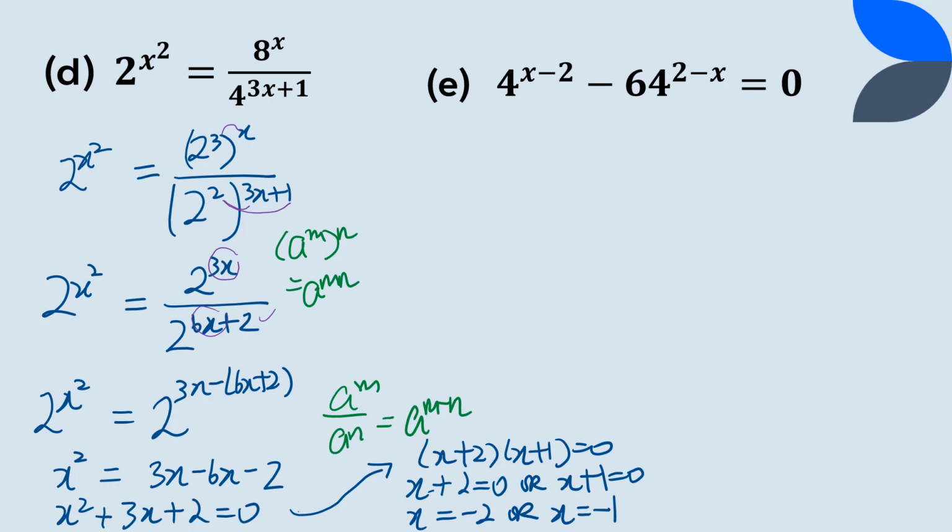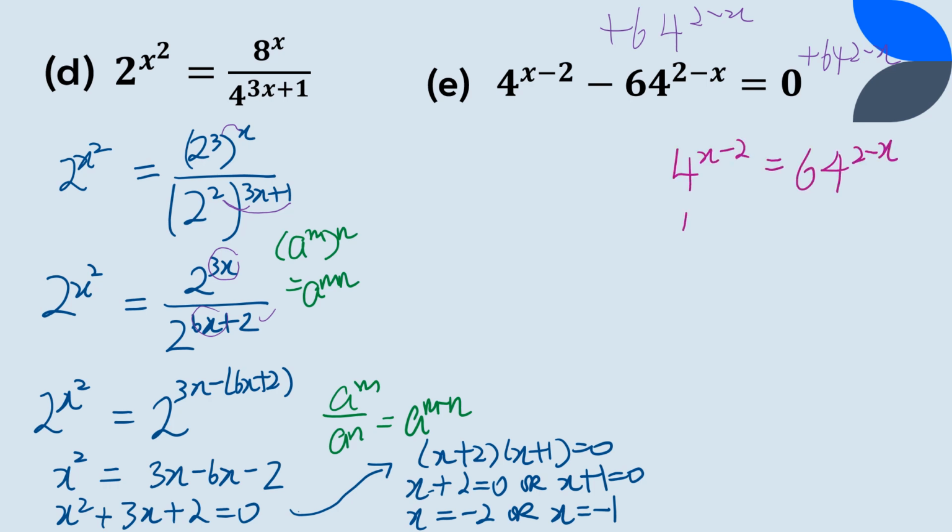Now for part E, if you were to realize that we are solving exponential equations, it's something on the left equals to something on the right. So what we need to do here for part E is to bring your -64 to the power of 2 minus x to the right hand side. That means we basically add 64 to the power of 2 minus x on both sides. And then we end up getting,